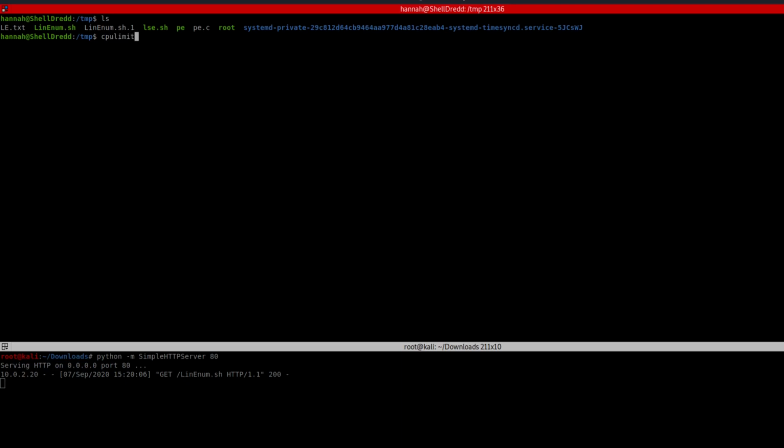The same command, but instead of /bin/dash, we are going to use /p. And yeah, we have gained the root access here.